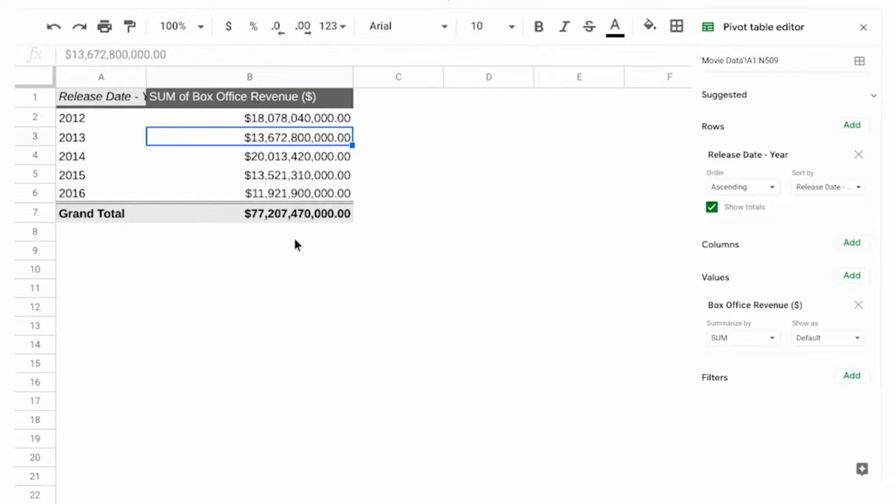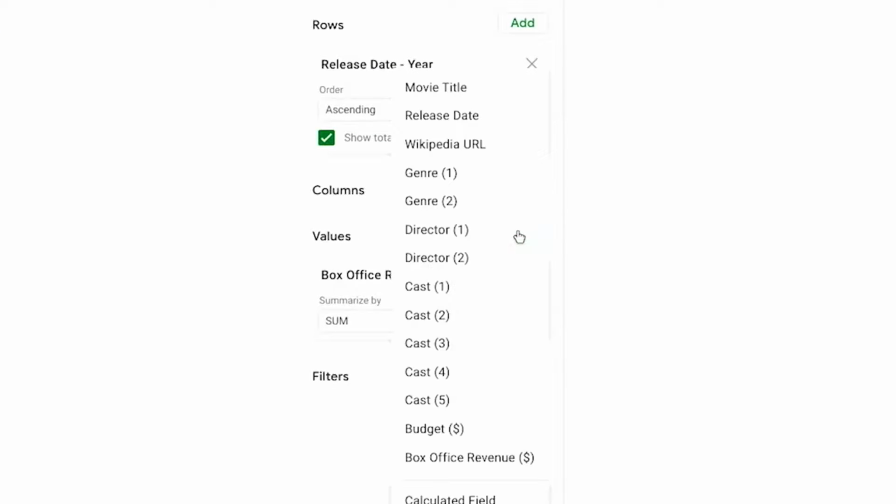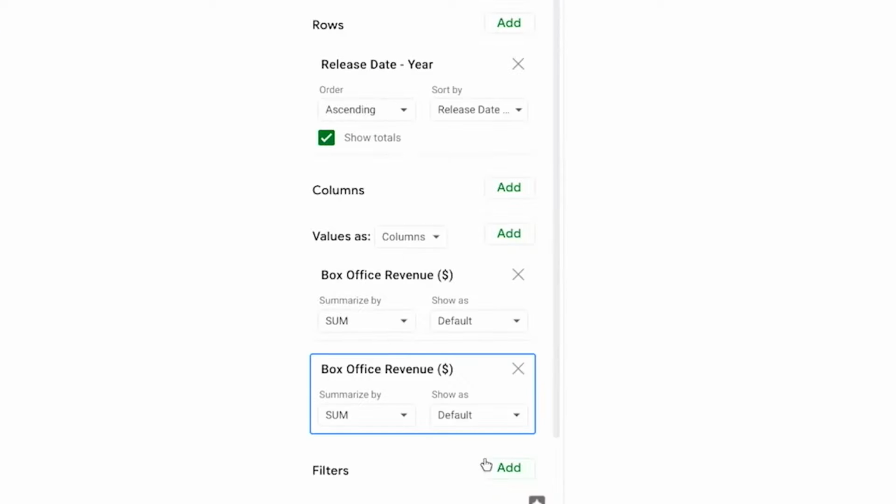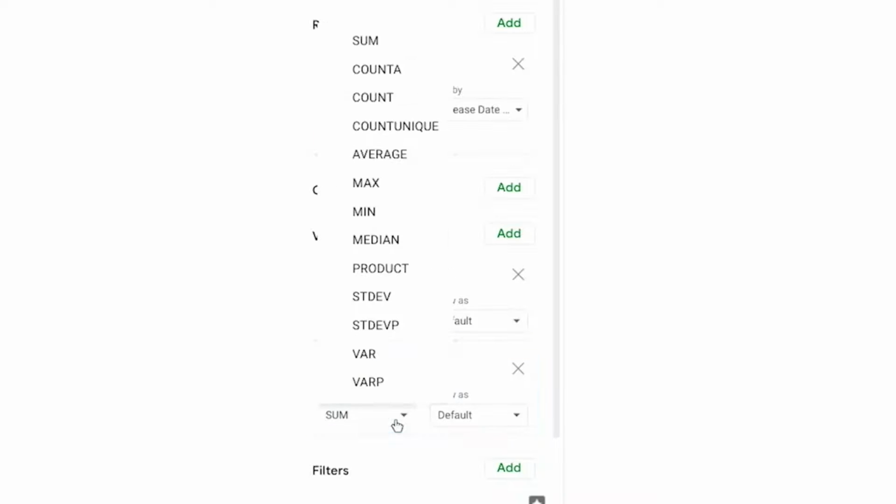This might be useful information, but finding the average revenue per movie would most likely be more useful since there was a number of different movies released each year. So we'll add another column for the average revenue earned by each year's movies. We can do this in the same pivot table. We'll add another value and change the function that we use to summarize from sum to average.